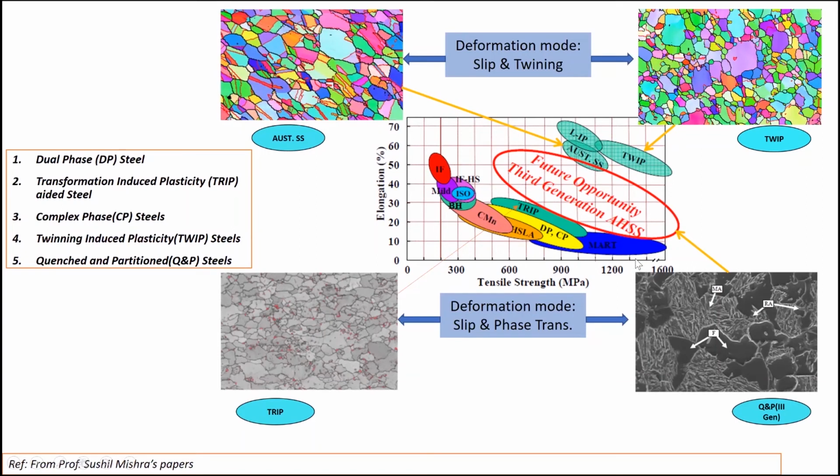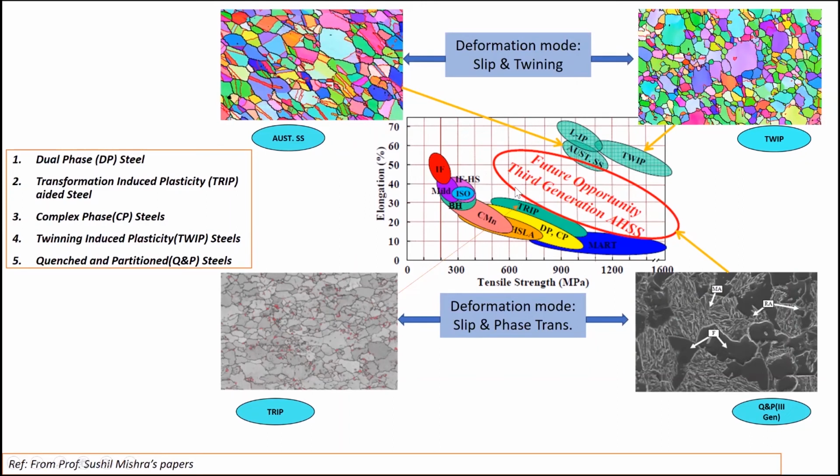Okay. Of course, we have this MART, which is the martensitic steel. DP is the dual phase steel we talked about, and CP is the complex phase steel. We mentioned HSLA, high strength low alloy steel. Then PH we talked about, bake hardening steel, right? Then we mentioned IFHS, that is interstitial free high strength steel, right? So you can see the variety of steels we talked about.